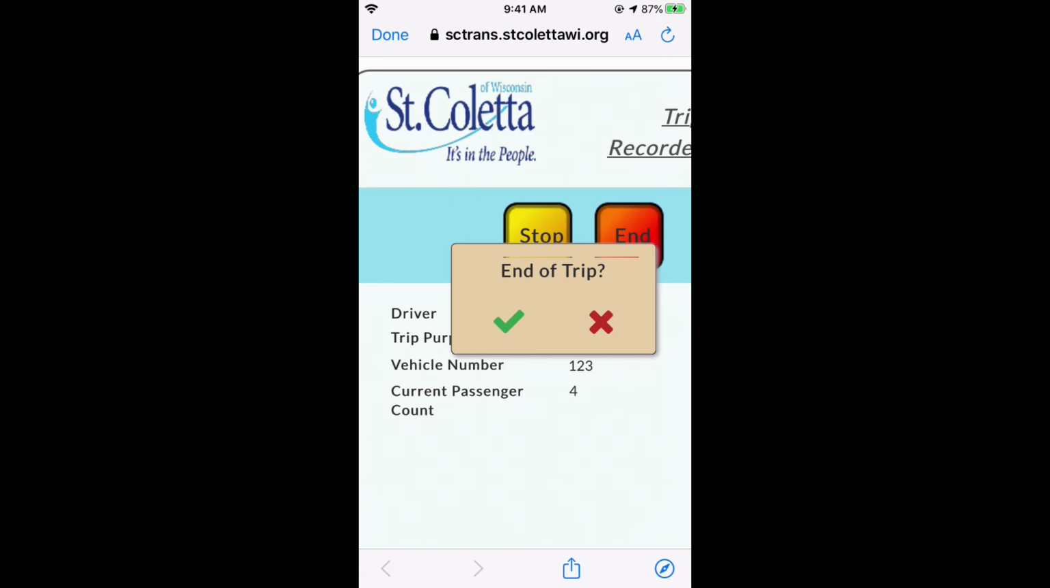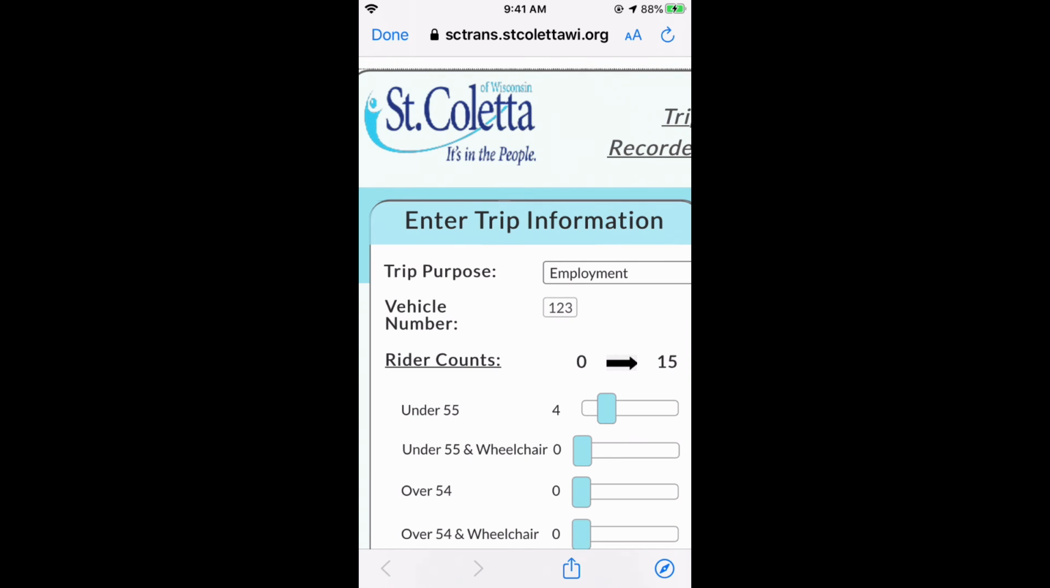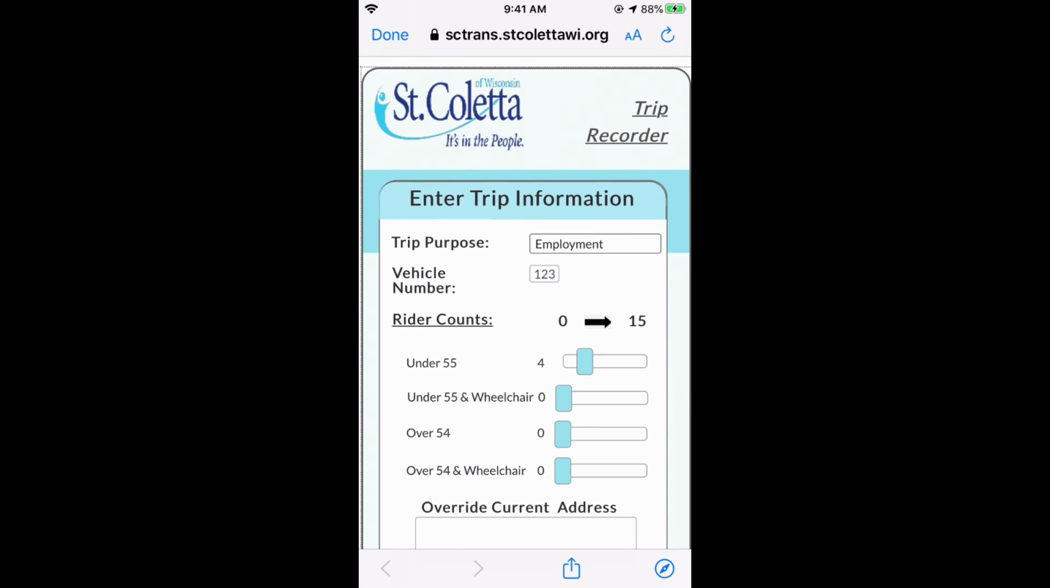Okay, so at any rate, when you're finished with the trip, you press the End button, and it wants the confirmation on that one too. The start and the end, we confirm. So we'll click the Confirm, and it'll bring up the little panel again to give you an opportunity to